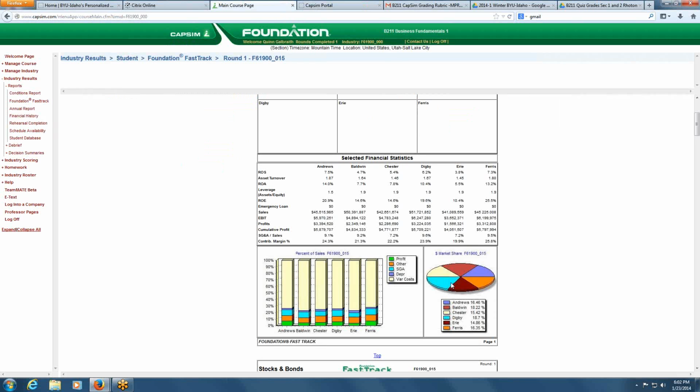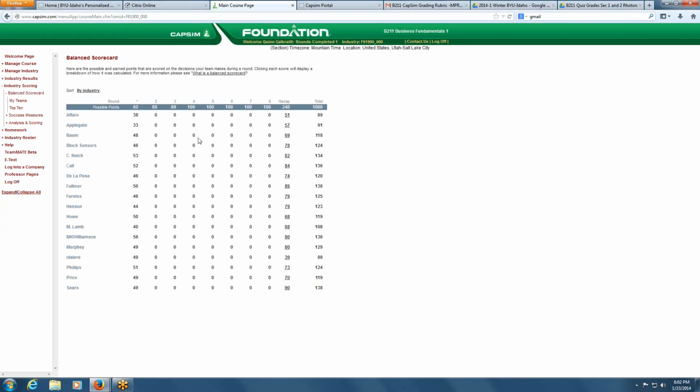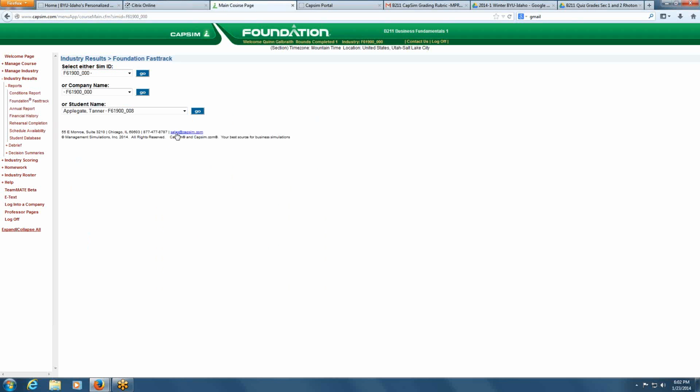So what we're going to do is there's a few things that people did. It seems like everyone did good. If we go to their scorecards, everybody did pretty good on their scorecards. Only 2 people got below a 40, which is not bad at all on the scorecard. So everybody did good, but why? Maybe it's just because it was the first round and everybody started out the same.